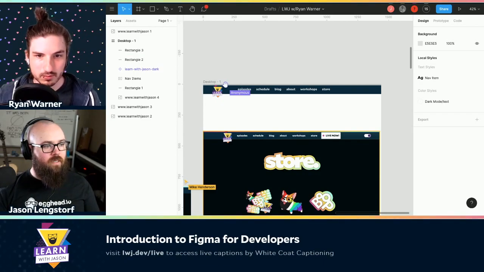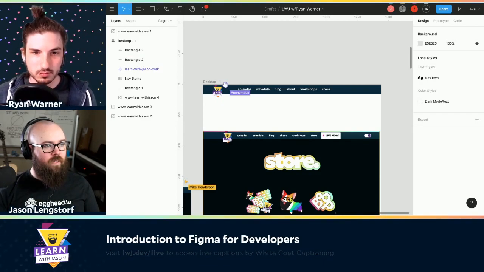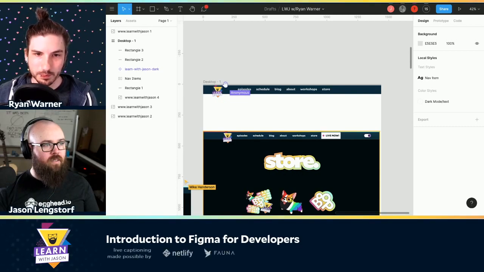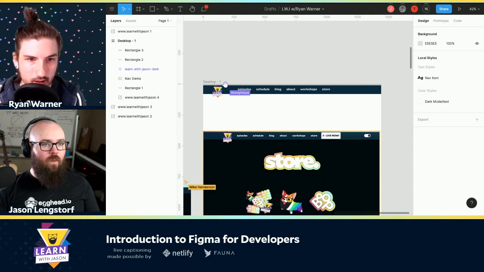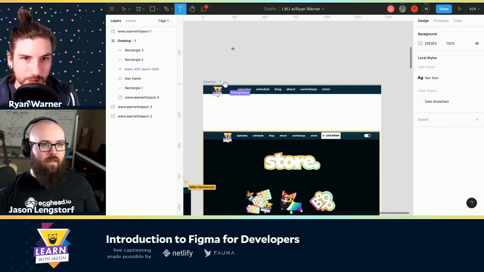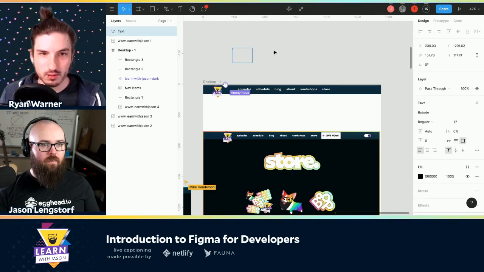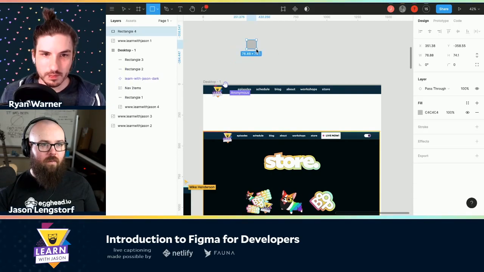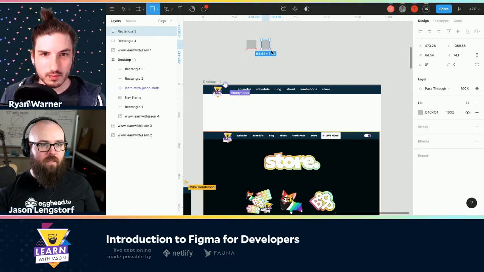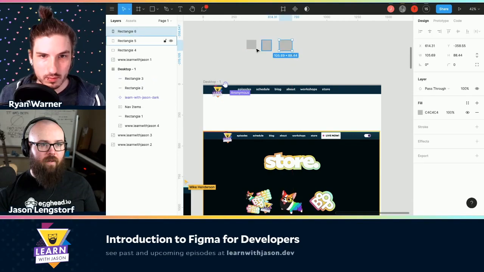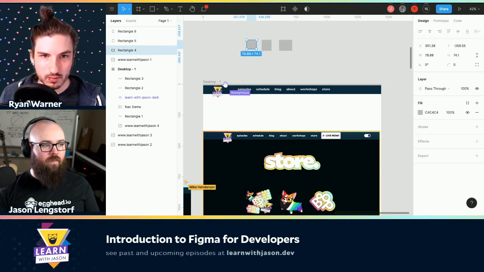Yeah. So let's go find, you said you wanted the gradient next. Yes. Let's get that gradient on there. Okay. So I'm going to make rectangles. I'm going to make like 3 little boxes because I have 3 colors in my gradient, and so we'll grab those colors out, and then we'll build a gradient.